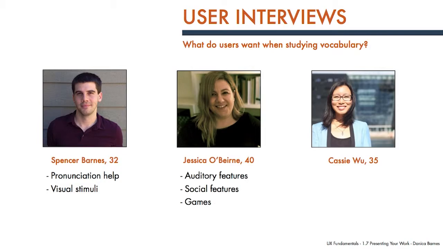Jessica, considering that she's dyslexic, she doesn't really learn in a visual fashion. She's much more of an auditory learner, so she wanted auditory features in the app. She also wanted social features and games. And Cassie, just like Jessica, wanted social features and also the ability to learn work-related words, which was really interesting